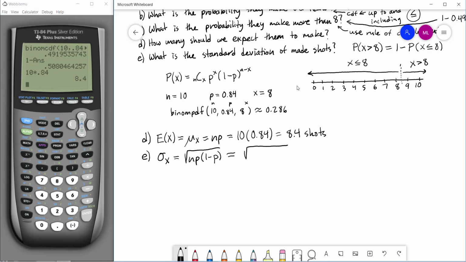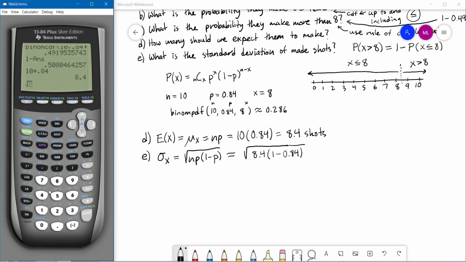So in this case, we already figured out what n times p was. It was 8.4, so let me just write that 8.4 in. Times 1 minus p, so 1 minus 0.84. So I can do this all in one big step. I just need the square root button first. The square root button is the second option of this button, so I'll hit second that to get my big square root. I've got 8.4 times, and let me put this in parentheses, 1 minus 0.84, and close that parentheses. And hit enter, and it spits out a number, and that number is about